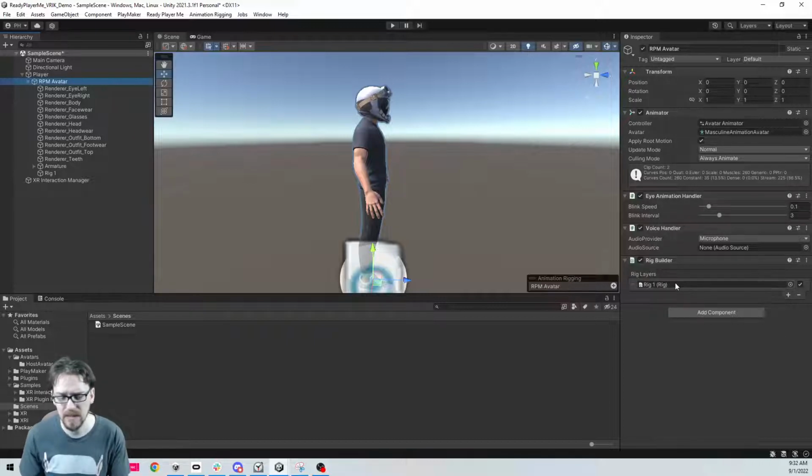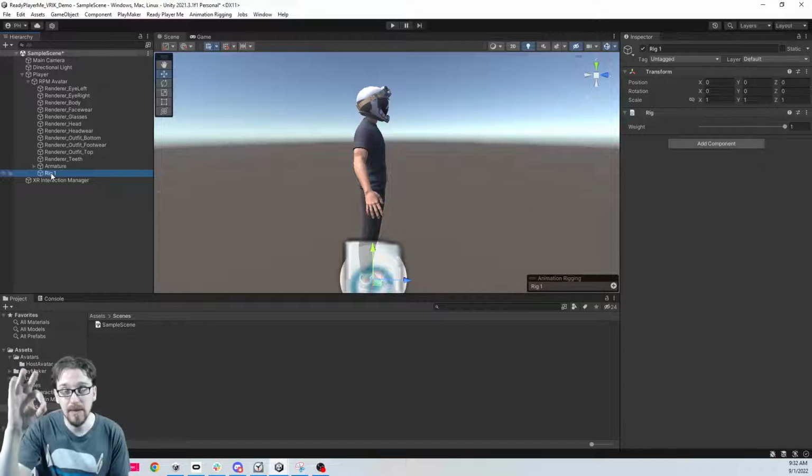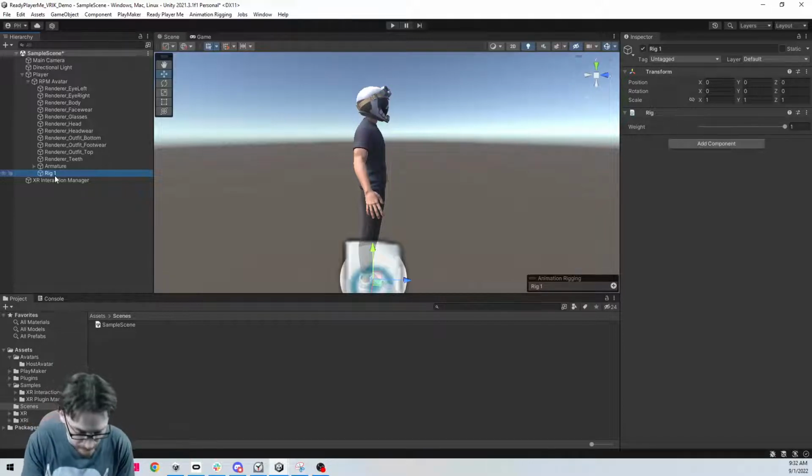I was just experimenting with it the other day, and when I had a second rig, it just broke everything. But this here is where you're going to create all your IK type constraints. And when you do it, you got to keep the hierarchy going down. If you try to grab one of the children or one of the siblings and move it up in the hierarchy, it just breaks stuff. I don't know why. It's just something to keep in mind.